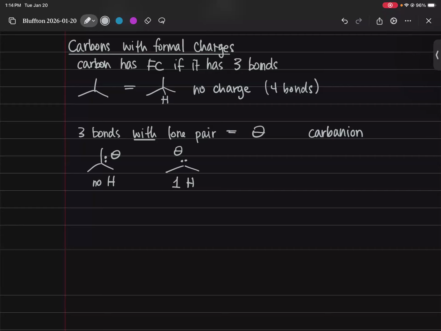Another way you could think about this is ideally carbon should have 4 bonds. And so we've got a bond to carbon, a bond to carbon, a bond to hydrogen, which I haven't drawn. And then that lone pair is sort of that 4th bond, but it's not bonding to anything. It's still stuck on the carbon. So in this case, the carbon still has a full octet of electrons. It's just missing that last bond. And so it gets a negative charge because those electrons are held close to it. Okay, and then finally,